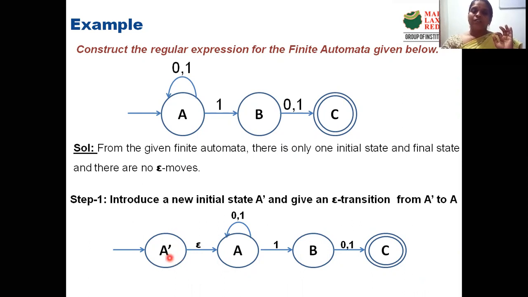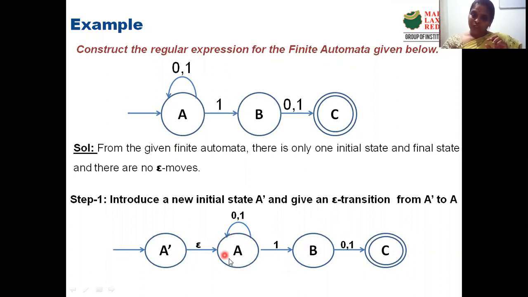Now coming to the next step, we have to take care about the final state. There should not be multiple final states in the given automata, and there should not be an outgoing transition from the final state. If you see here, in this case, we do not have multiple final states, and we also do not have an outgoing transition. So now we will start eliminating state A and state B by concatenating.